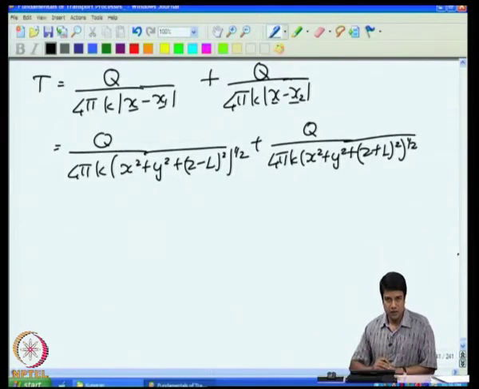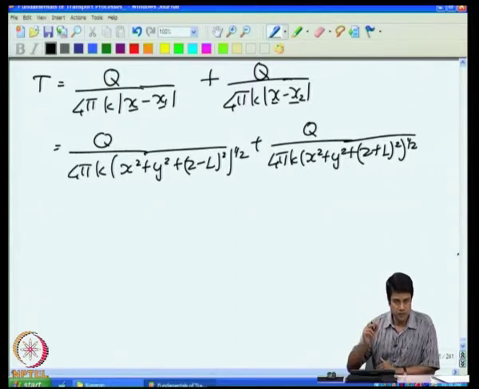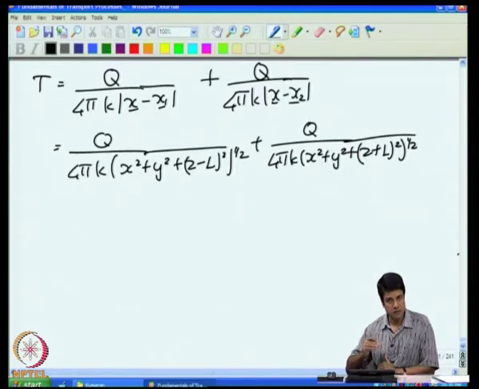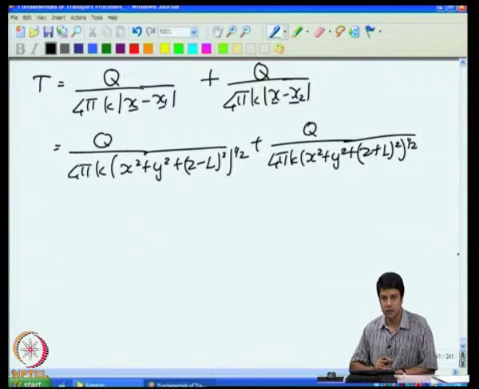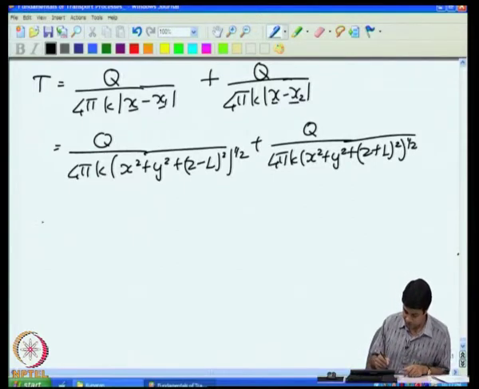So, we got one particular solution if I had a point source close to a wall with 0 temperature, and another solution if I had a point source close to a wall with 0 flux. For an unbounded domain, I showed you that the temperature field due to a distributed source can be written as the integral of the temperature field due to a point source. So, I can write, due to a distributed source,